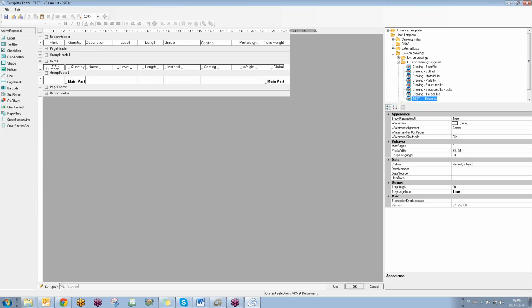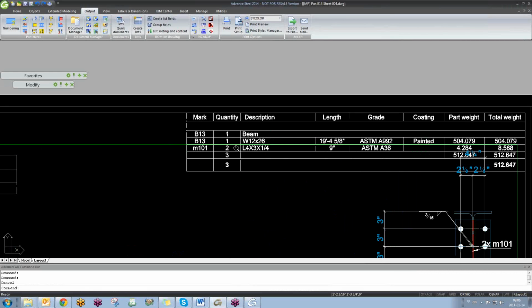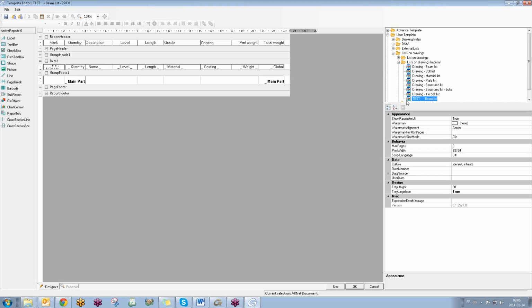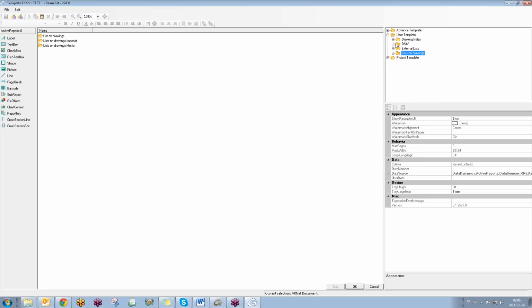Now that was the lists on drawings. If I click okay, we will use that, and we will do the test with that list on the drawing later. Now let's move to external lists. Now we will have assembly list imperial, part list imperial, and you have the metric lists too. So if I click here,